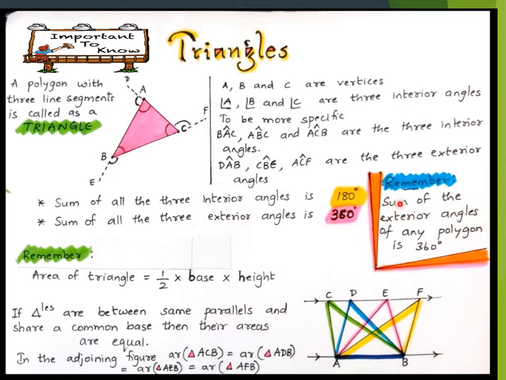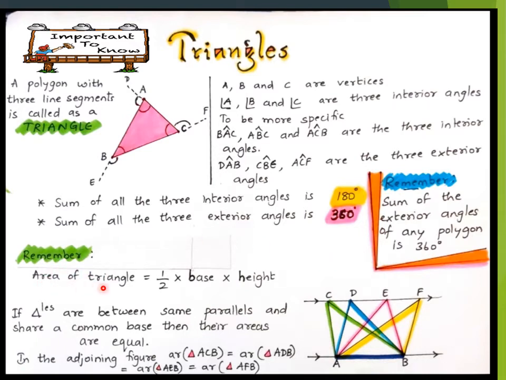Dear students, may it be any polygon, the sum of exterior angles of any polygon is 360 degree only. You should be knowing all these. Only if you know the basics properly, maths is easy to understand. Those who don't know the basics properly, they keep complaining that maths is difficult to understand. Before you start learning anything, you should know some basics about that. Only then you can understand easily so that you will not feel it is difficult.